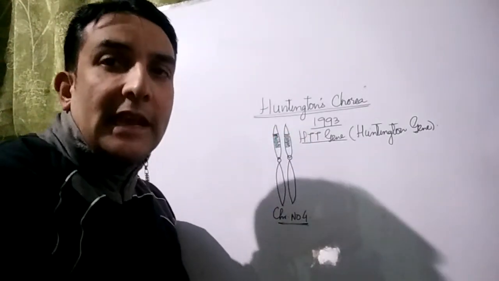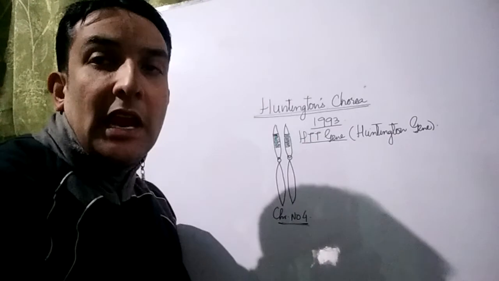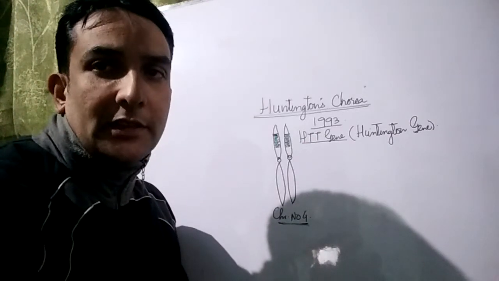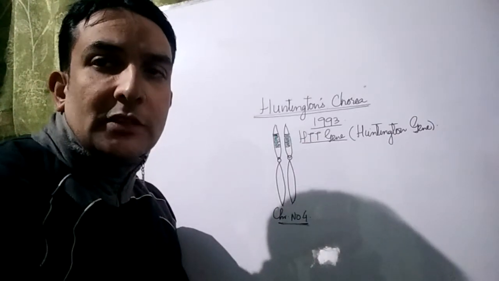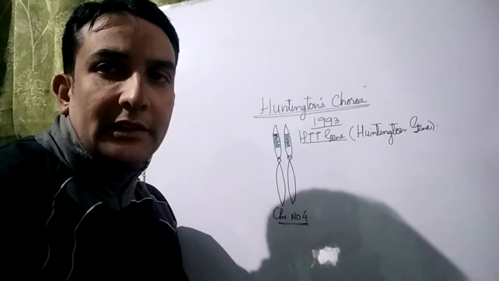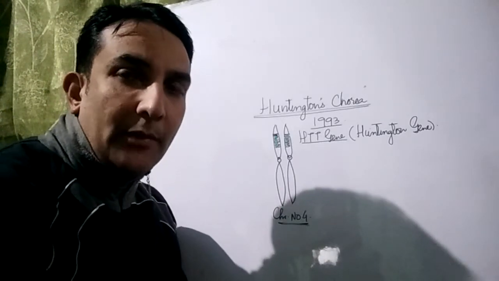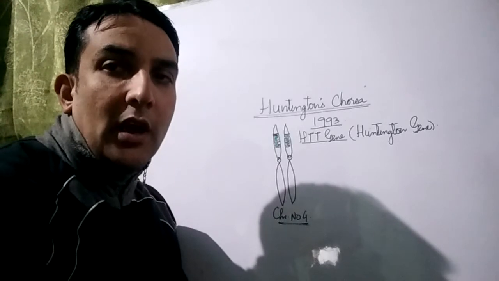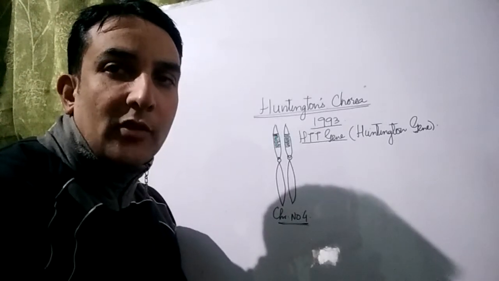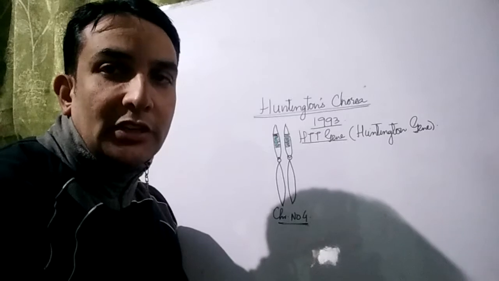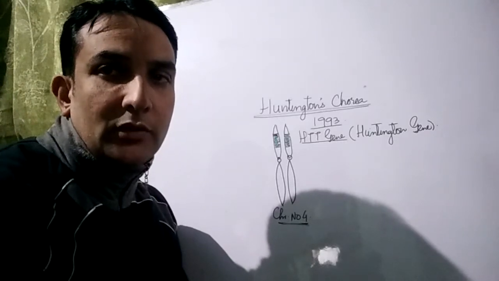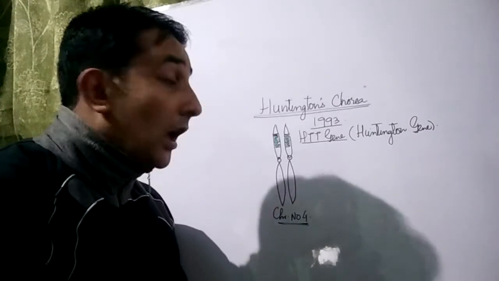This gene is known as HTT gene. HTT stands for Huntington's gene. This gene was basically discovered in 1993, and this gene, which you see upon the chromosome number 4 in case of human genome, if it undergoes mutation, it leads to a genetic disorder which we call as Huntington's chorea. Now,